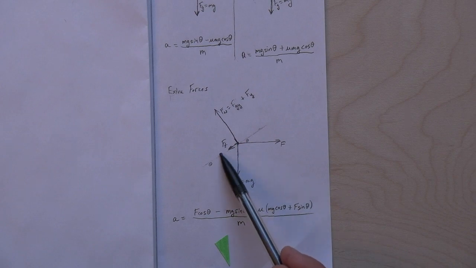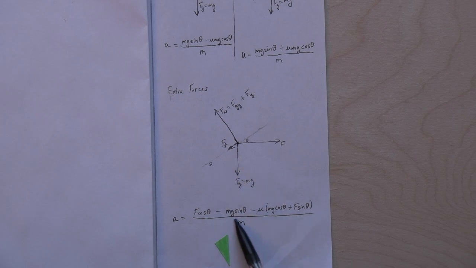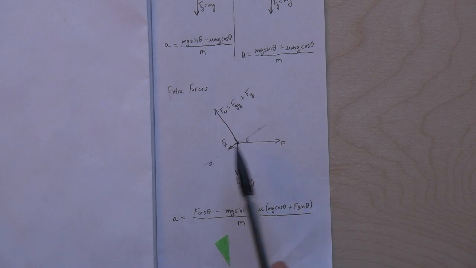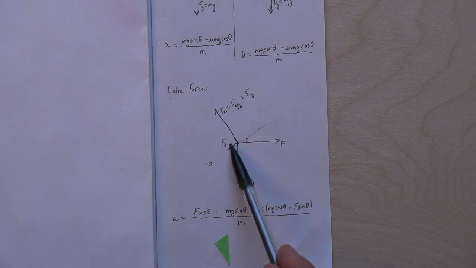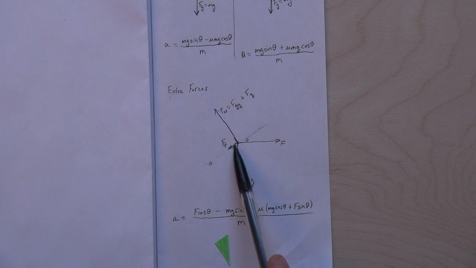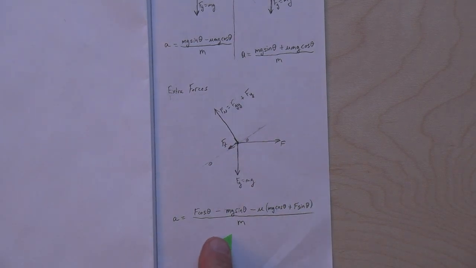Down the hill, I've got this x component of gravity, which is the opposite side, the mg sine theta, pulling in the opposite direction as that force up the hill. Minus mg sine theta. And then friction also, minus mu F normal. And this is the y component, mg cos. This is the y component, F sine, because it's the opposite side over here. So again, forward horizontal of F, backwards of the x component of gravity, backwards friction all over the mass. All right, so that's